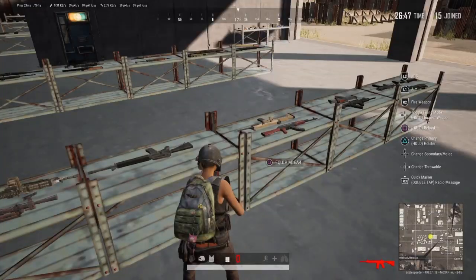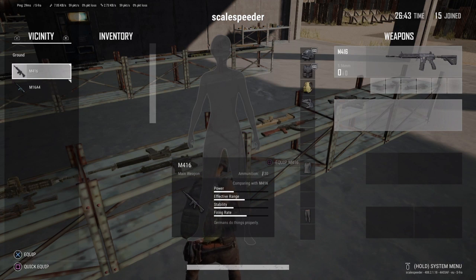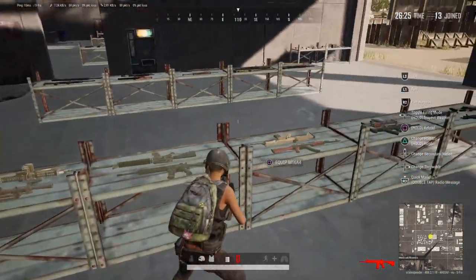Now if we press the options button, this brings up our inventory, and as you can see, if you look on the right hand side, the weapon I've got is the M416, and you can see my level 3 helmet, my level 2 vest, my level 2 bag, and then the clothes I'm wearing. If you look in the middle at the bottom, it shows you what your weapon can do. Doesn't really mean that much, but what we need to do next is get some ammo for the